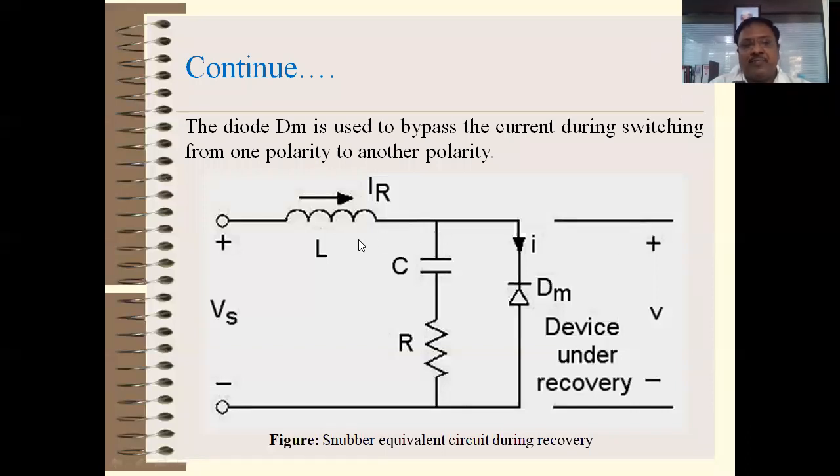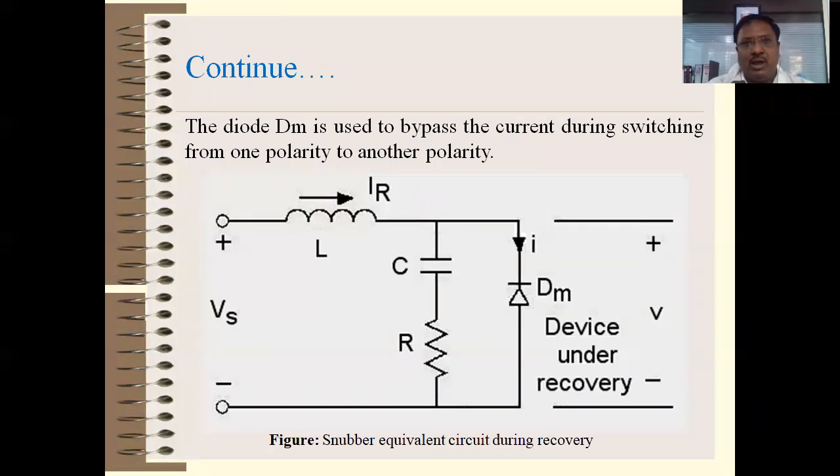So what happens? That voltage flows through the diode, so that the high reverse voltage will not appear across the device. This diode is called a freewheeling diode, and normally it is connected across the power device to protect your power devices from any reverse voltage due to the circuit inductance or the inductance of a load.